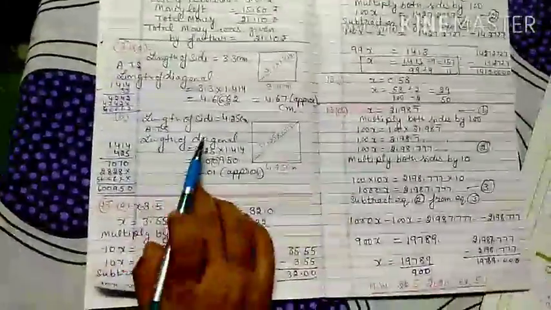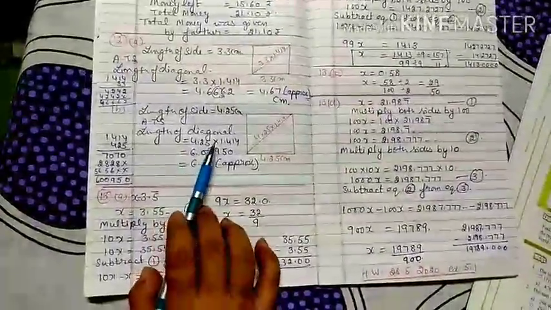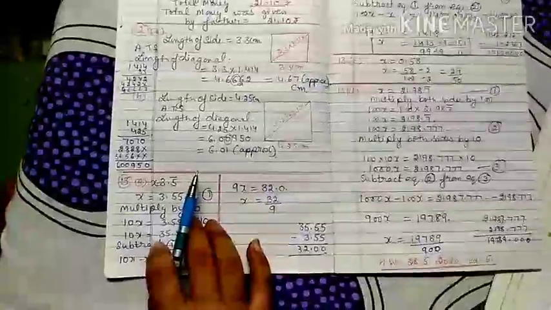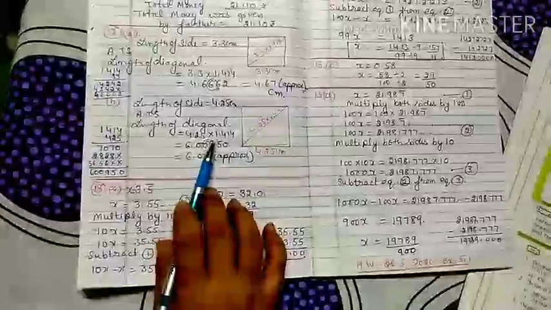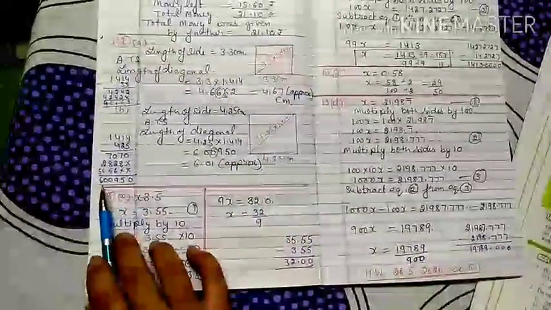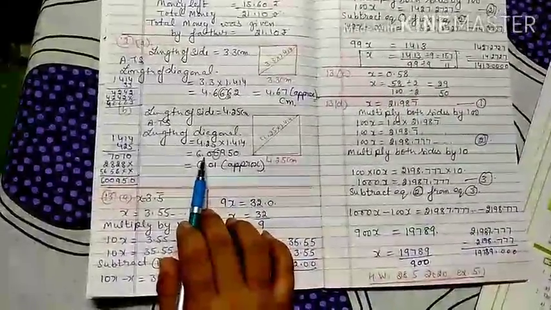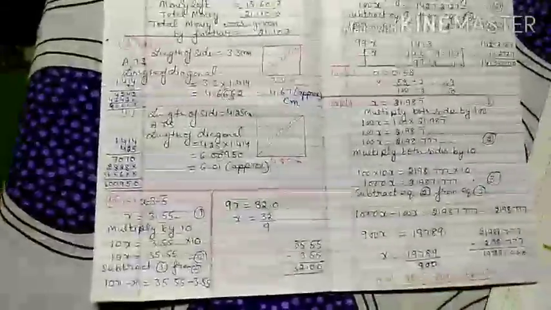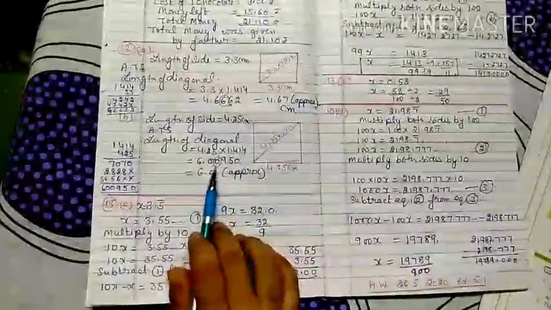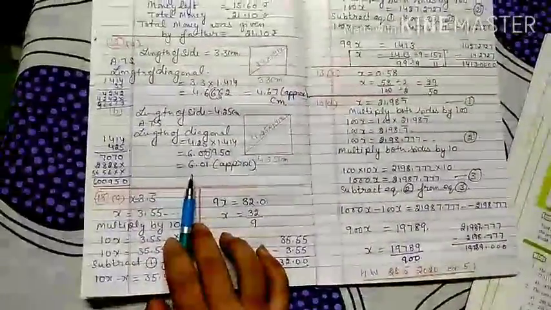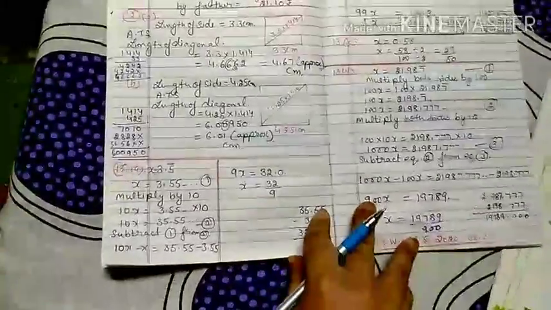Here the length of the side is 4.25 centimeter. Then according to the rule, if you multiply this length of the side by 1.414, you will get the length of the diagonal. So here also 4.25 is the side of the square. When the side of the square is multiplied by 1.414, it gives 600950, and the total decimal places is 5. From the right side you count 5 decimal places and mark the decimal here, and round off to 2 decimal places. If you round off up to this, the next number is more than 5, so 1 is added to round up to 2 decimal places, 6.01 approximate. So that many centimeter is the required length of the diagonal.